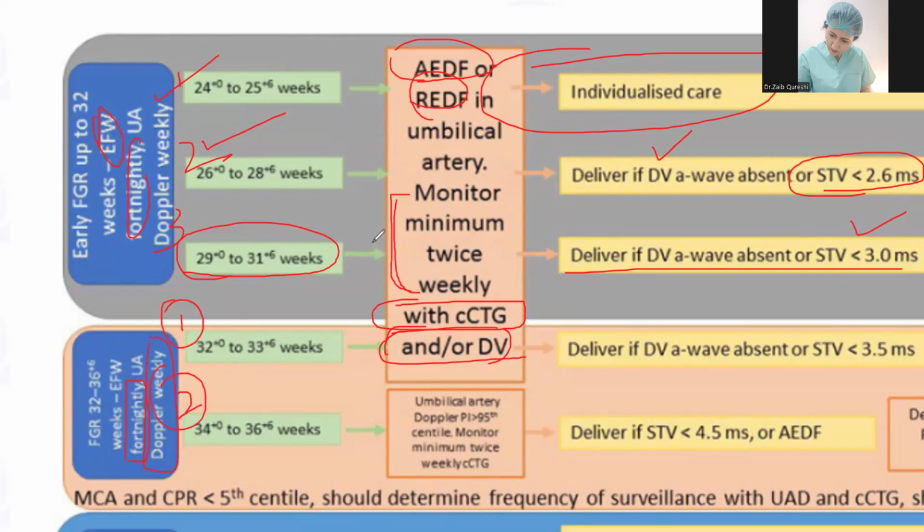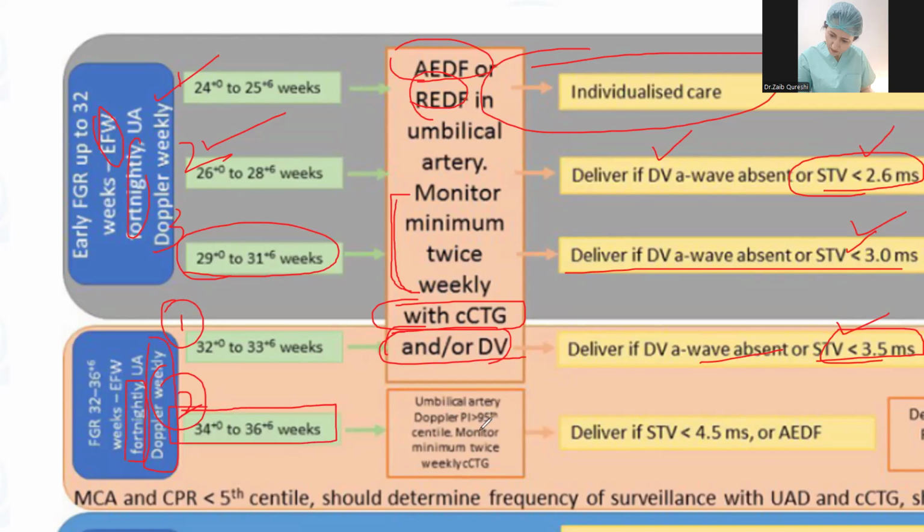So anytime in Doppler, if we see absent or reverse, we will do twice weekly monitoring and along with CTG and ductus venosus Doppler. And we may plan to deliver if ductus venosus A wave is absent or STV is less than 3.5. See, 2.6, less than 3, less than 3.5. Easy to memorize. However, the last set of women, 34 to 36 plus 6 weeks,